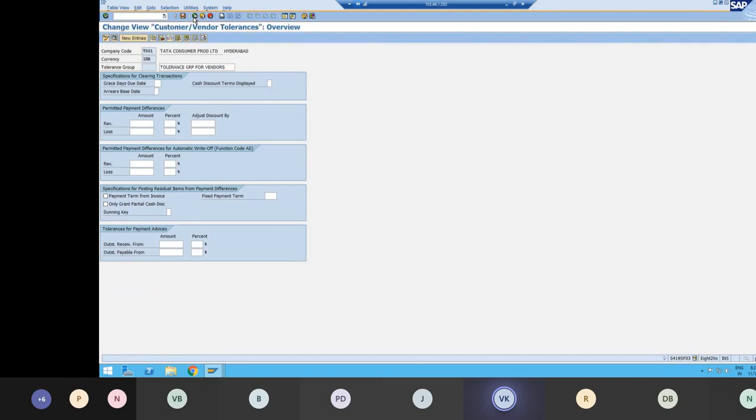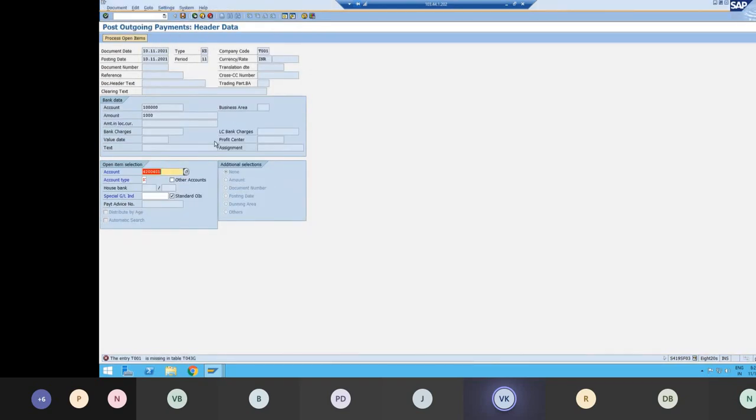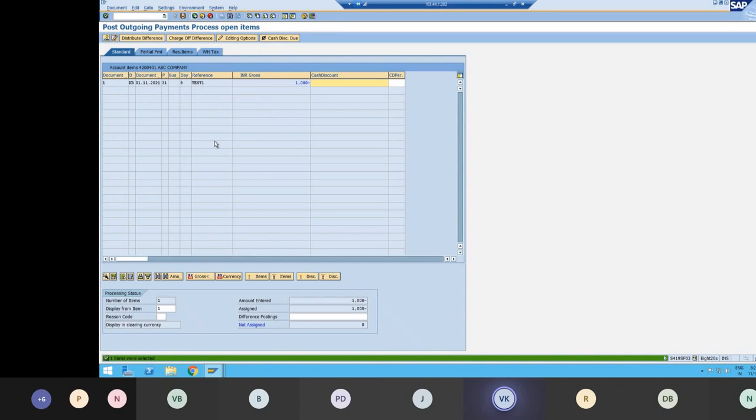So right now I maintained it. Go back here. Once I maintain it, and when I press enter, you can see it's allowing me to move further. So we have a payment of 1000. At the bottom, you can see they have entered 1000. And again, we only have an invoice for 1000. So against 1000, I am able to knock off the whole amount, and therefore the non-assigned amount is shown as